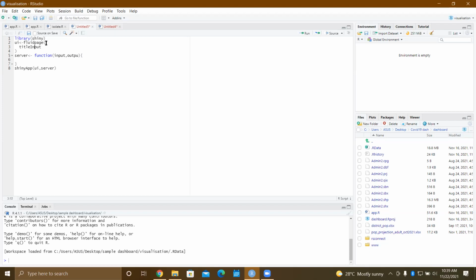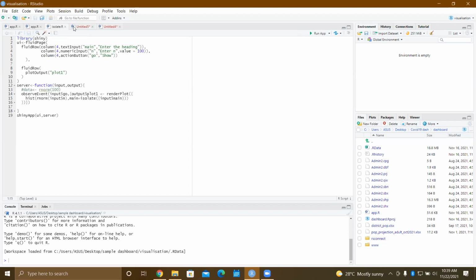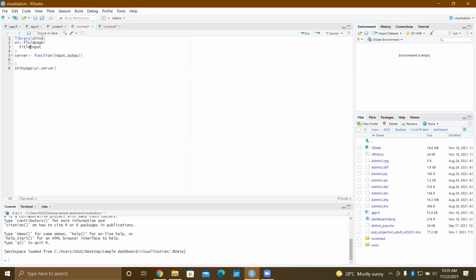Sorry, not title, it's actually textInput. Text input is where you can enter the text you want as a heading, or to display something, or any name you want to give. Let's say it as main. This is the input ID, which we will be using as the reference inside our server function.